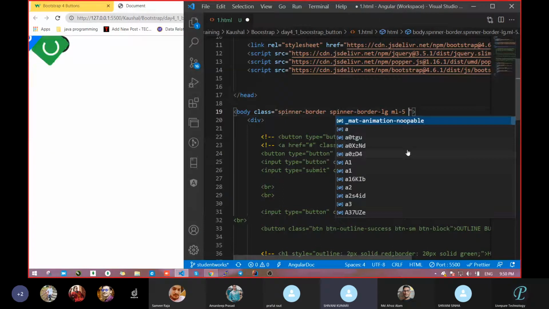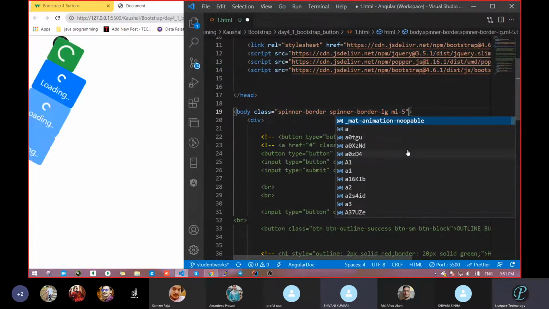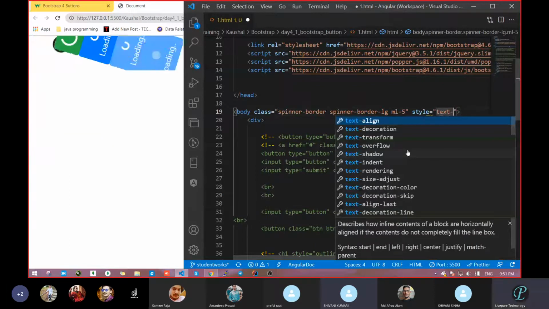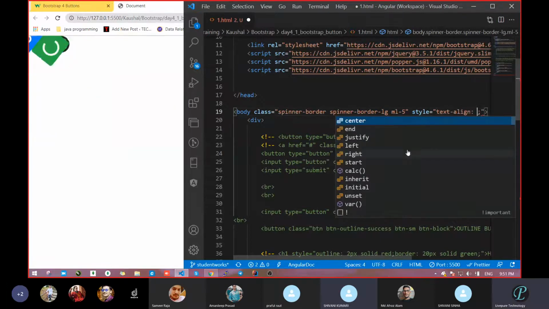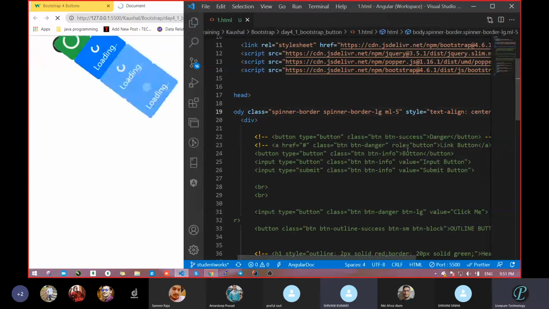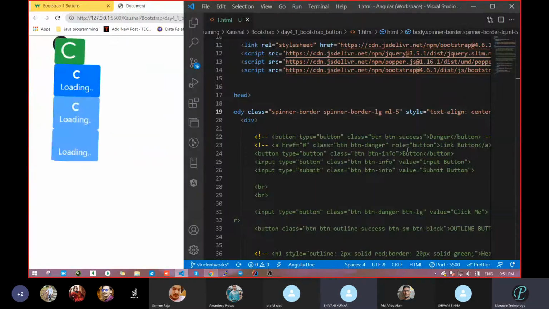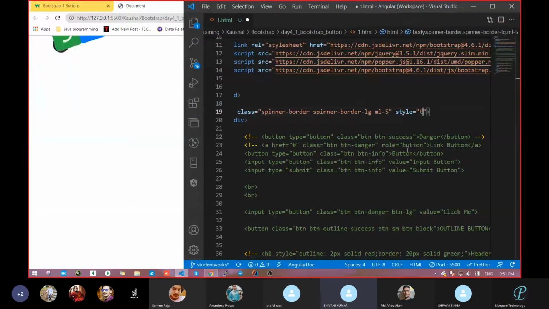I don't know. Maybe it has to work. So try it, sir. Text align center. If this is block level, then it will go. If not, then not. It has not gone. Okay.